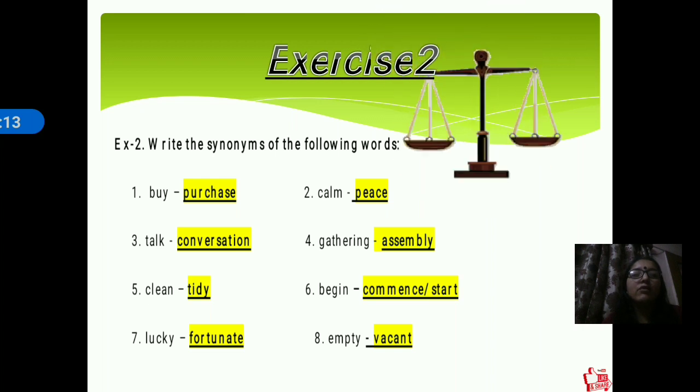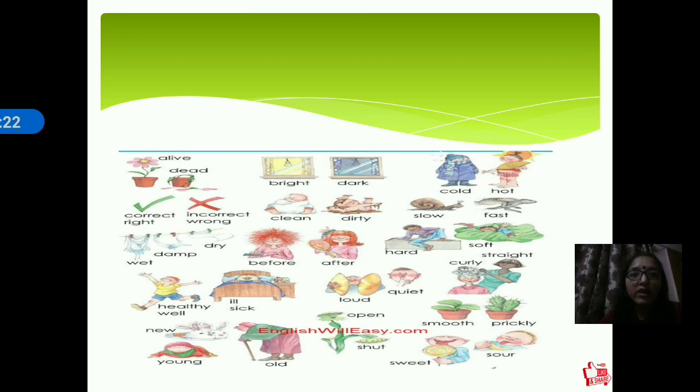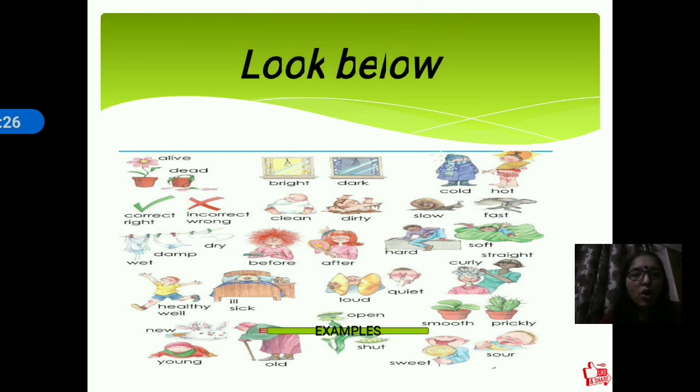Now children, we will be discussing a new topic today. Name of the topic is antonym. And before we move ahead, let's take a quick view of this particular picture. Here we have set of comparing pictures. Alive plant, dead plant, right, wrong, wet, dry, healthy boy and ill or a sick boy, young boy and a